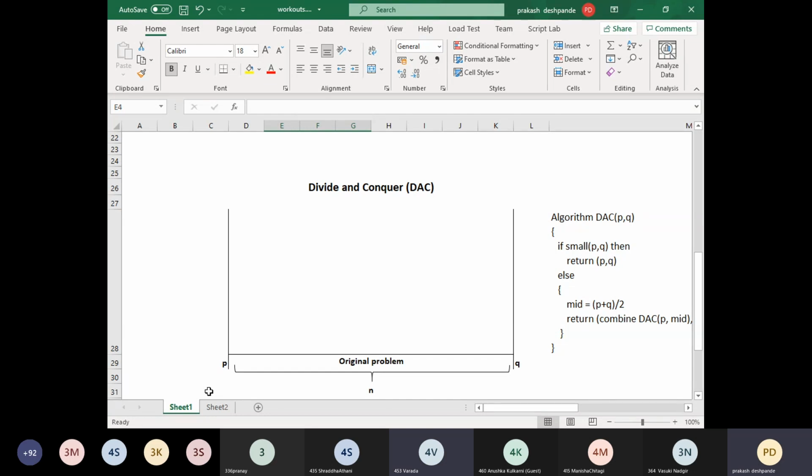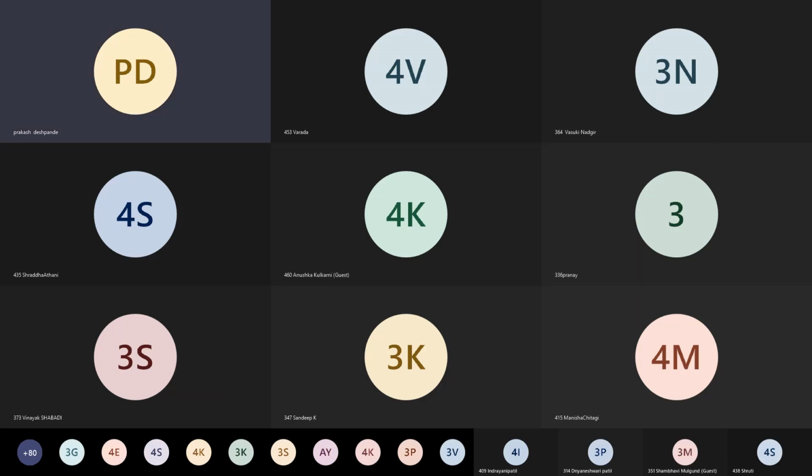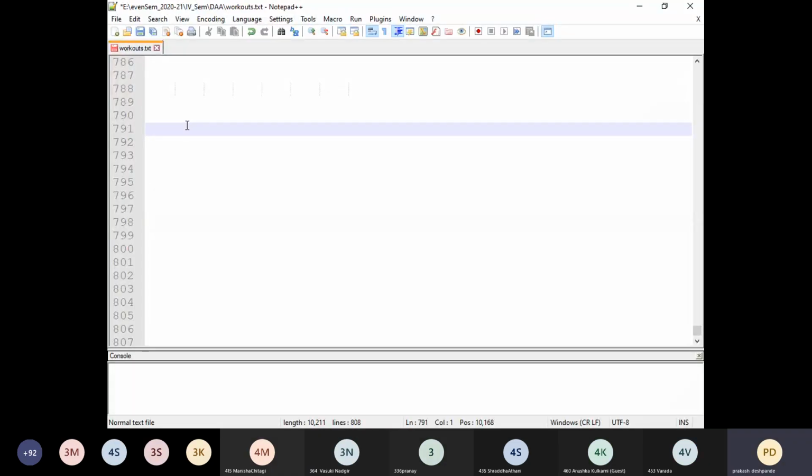It depends upon what type of problem we are solving. For example, let me give certain examples here. I will take two different examples. Let me share another screen for a better explanation. Give me a moment. Okay, now I hope this screen is visible. Notepad is visible to you. Yes, sir.